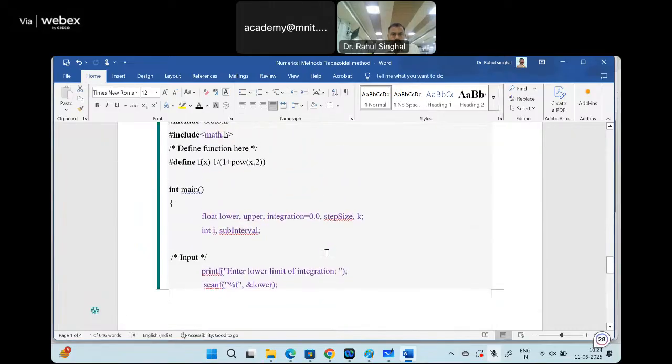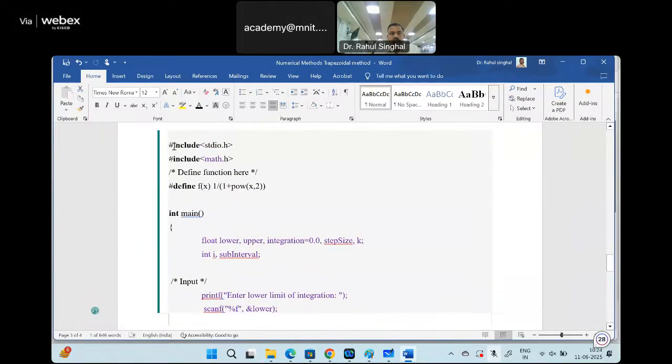So the program starts from here: #include <stdio.h>, #include <math.h>. First we have to define the function. In order to define the function, I will use a new technique of C, which is called the #define directive. So whatever I write like #define fx,